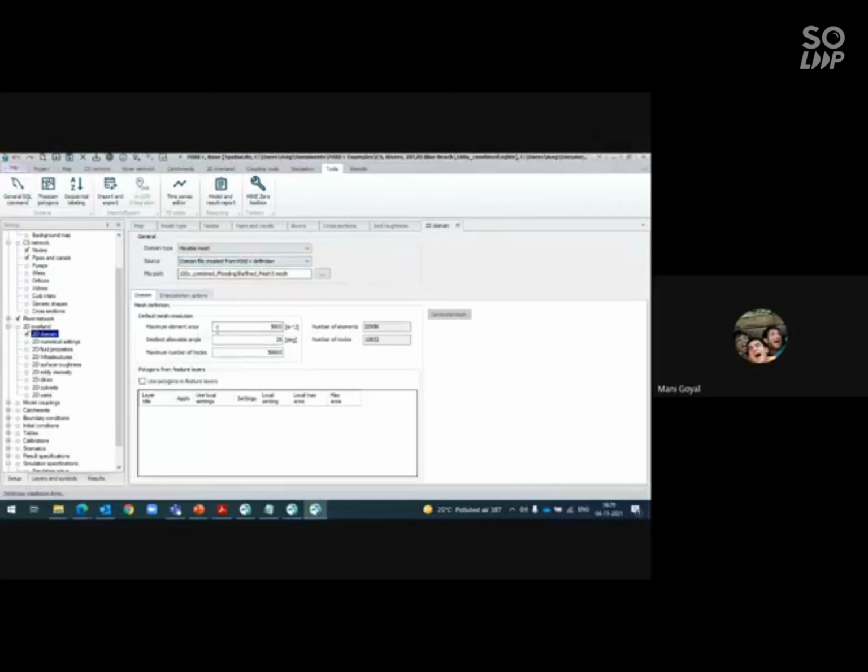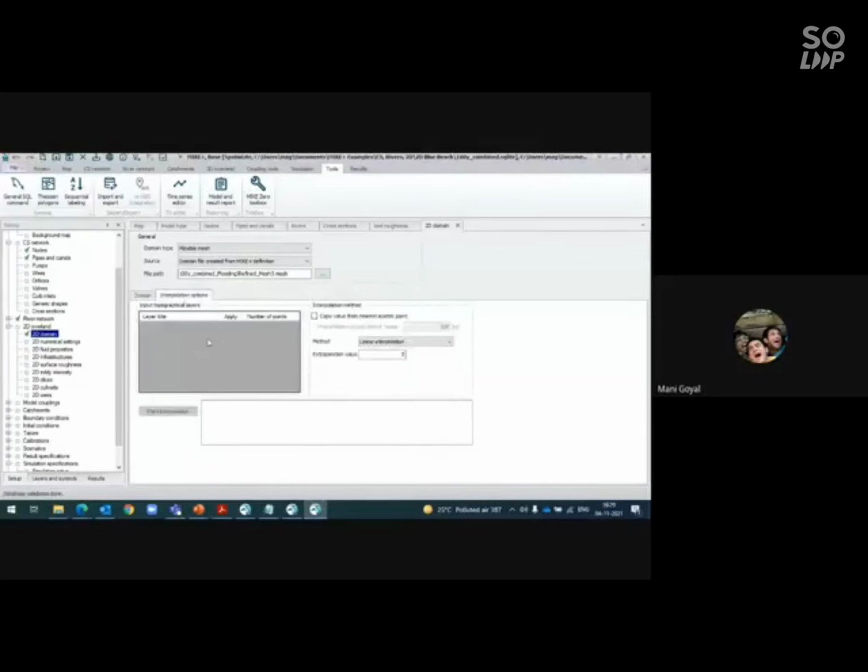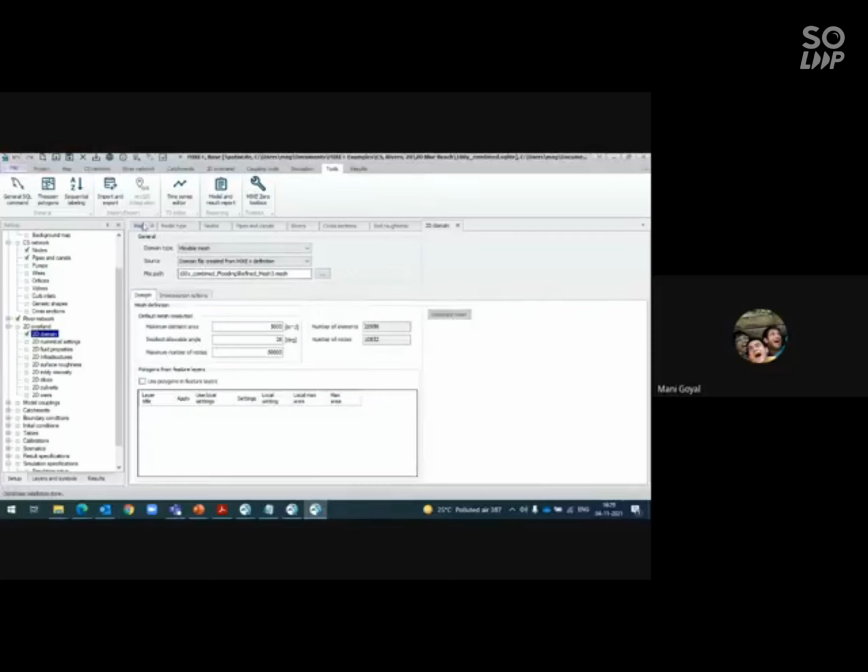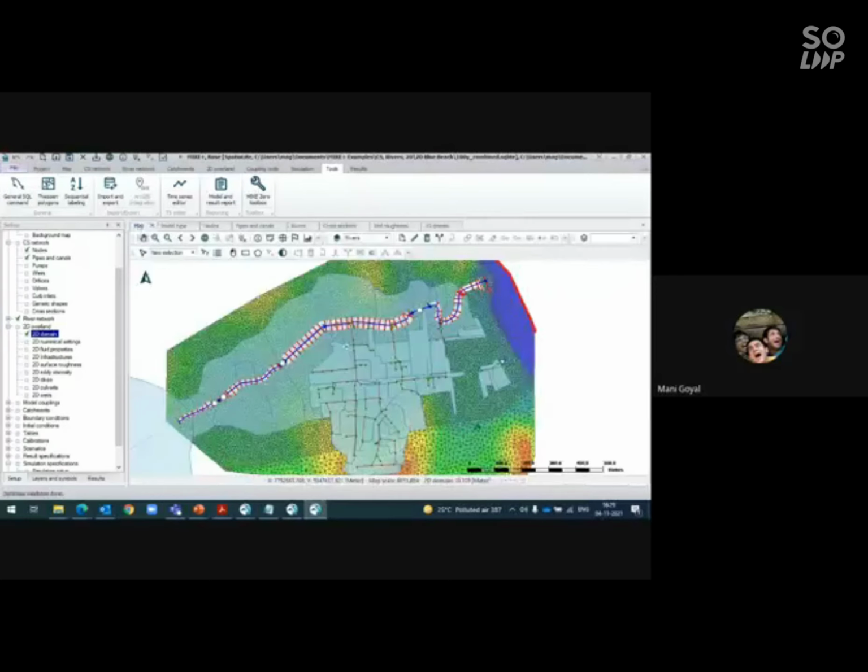For that, if creating a mesh, you have to define the element area and smallest allowable angle, and you need to interpolate. Here you need to add your bathymetry file, your DFS2 file. On the basis of that, interpolation will take place, and it will give you the mesh, something like this. You need to define the area first for the creation of a finer mesh.